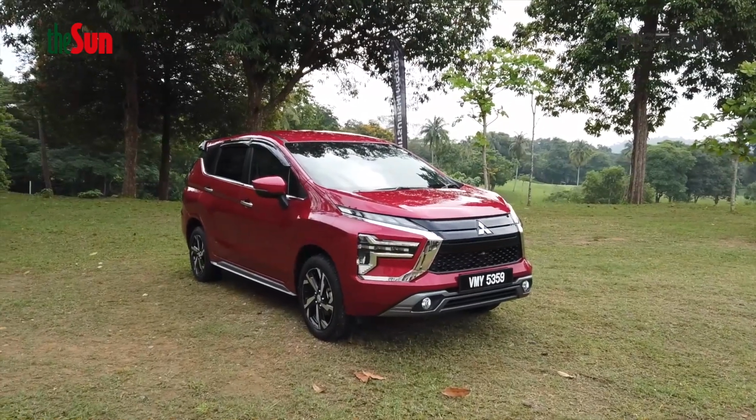as the saying goes, if it's not broken, don't fix it. But then again, they had to keep it fresh, they had to keep it current. So in this video, I want to show you everything there is to know about the latest Mitsubishi XPander. We're driving to Melaka over some amazing roads, so this will be a brilliant time to actually tell you how the car is like, what are the latest updates, and what it feels like on the B roads as well